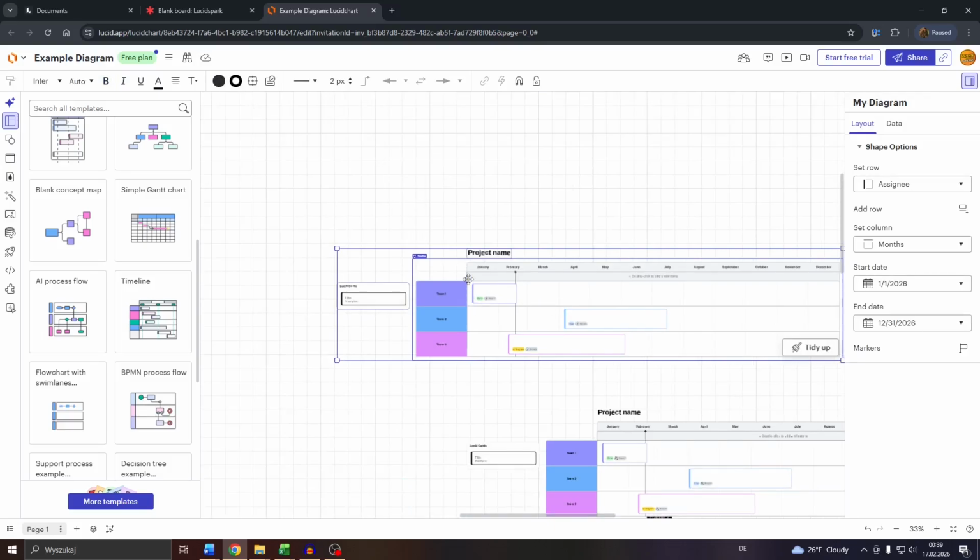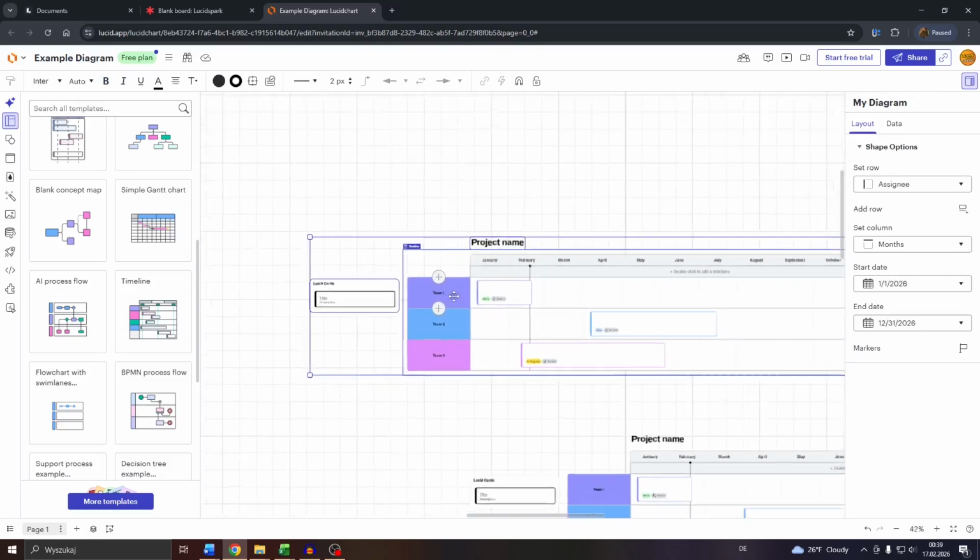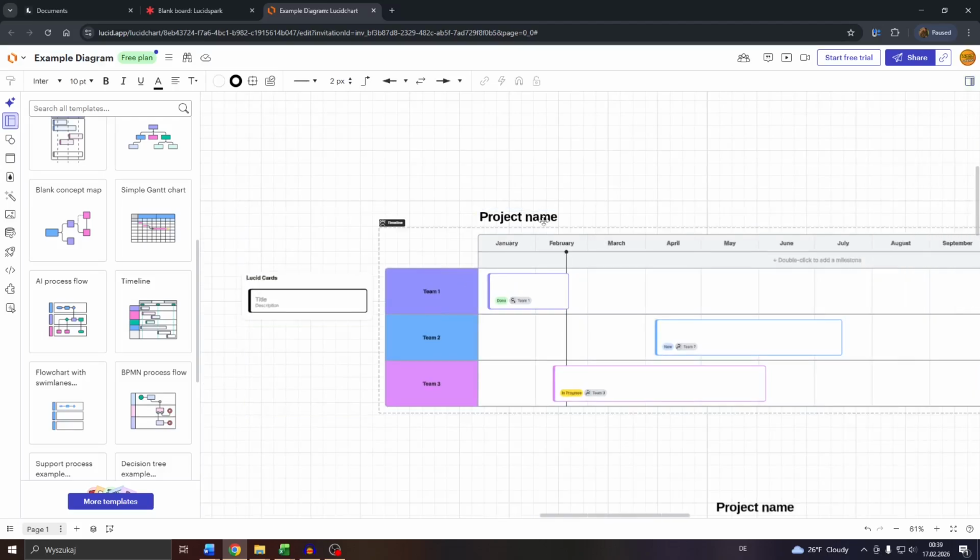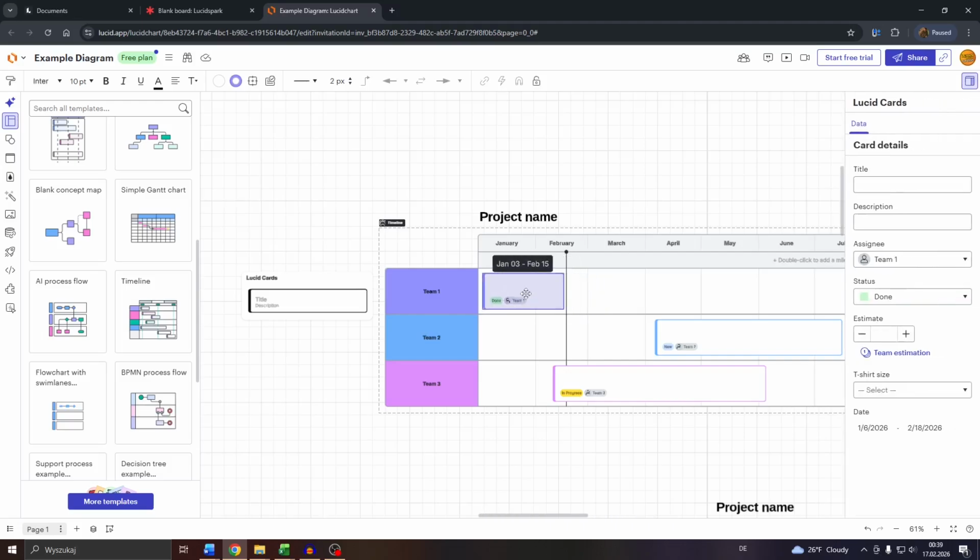So guys, after that what you want to do is, let me just zoom in a bit. You may customize the Gantt chart, and these tasks are represented by cards usually, like in Gantt chart views. So what you want to do is move the given default and customizable card, for example, here on your timeline in the Gantt chart, and here to the right, guys, you may, for example, enter the task's name, like task